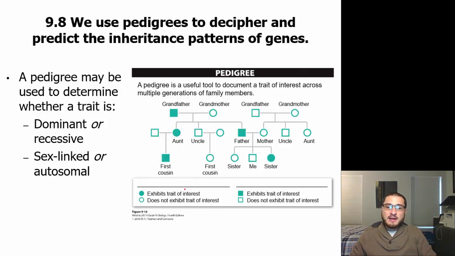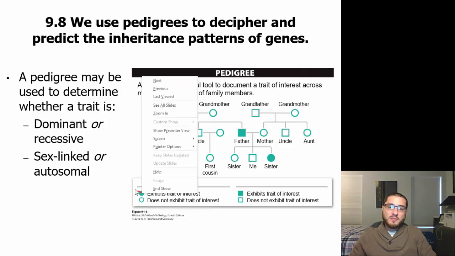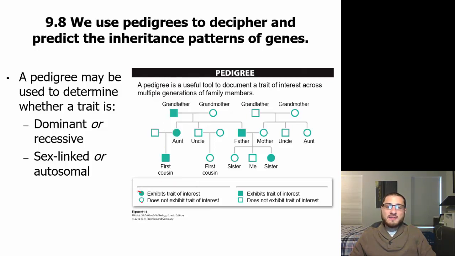In this one, we're looking at just an idea of a trait, and anything that's shaded in is going to have the trait. Anything that is not shaded in is not going to have the trait. And we see that anything that is a square is going to represent a male, and anything that is a circle is going to represent a female. So Grandpa had it. He mated with Grandma, and when Grandma had the babies, they created a daughter